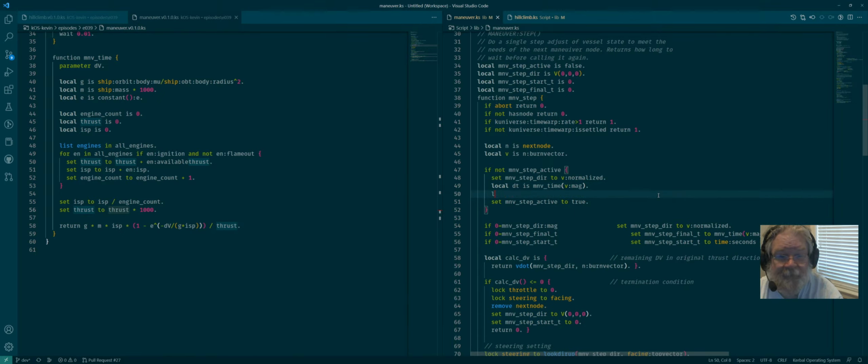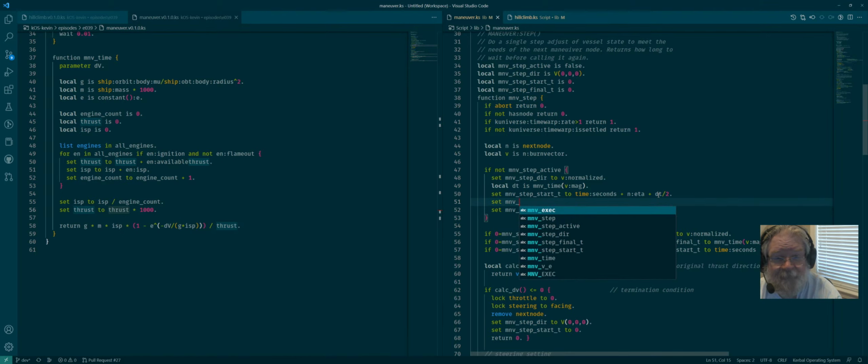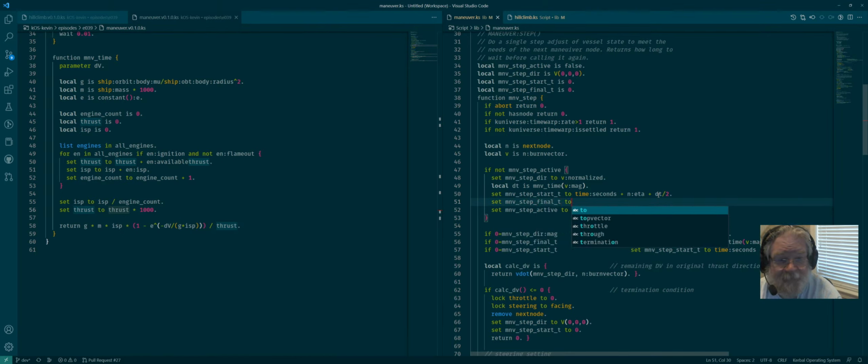And then set MNV step start T to time seconds plus ETA plus DT over 2. MNV step final T to